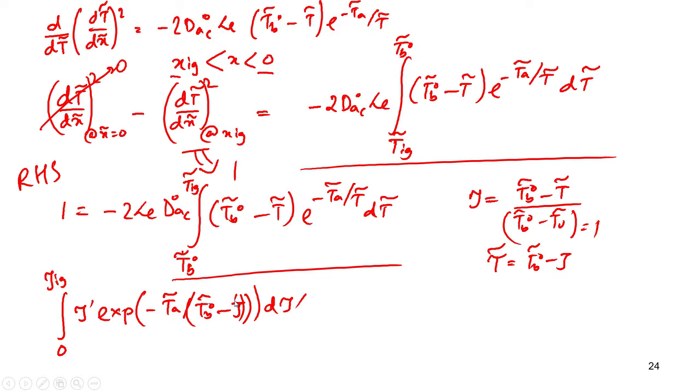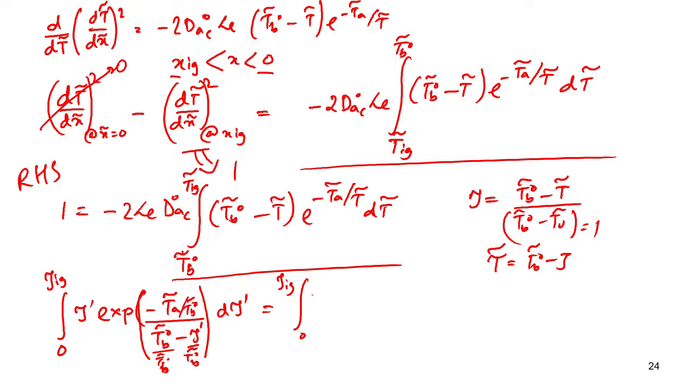And then, if you normalize both sides by t_b0 tilde, what you get is the integral from 0 to tau_ig, tau dashed,